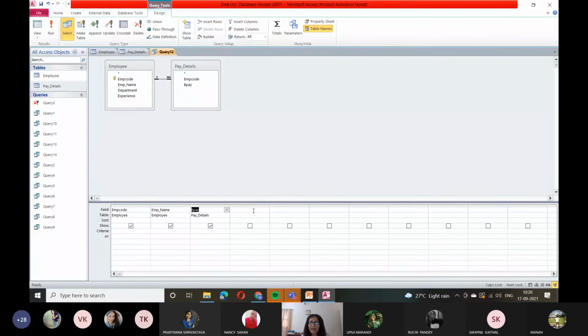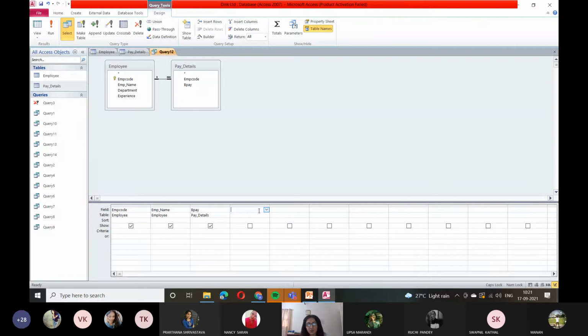Let's say I also want to have the basic pay. And now I want to calculate the HRA, that is the house rent allowance. Let's say you are given in the question that your house rent allowance is 40% of the basic pay that you have. So what am I going to do here? Please look here very carefully. I'll repeat it, don't worry. I'm trying to make you understand. We can do it in the practical again, but the idea is that you don't have to memorize it theoretically, so I'm showing it to you practically also.